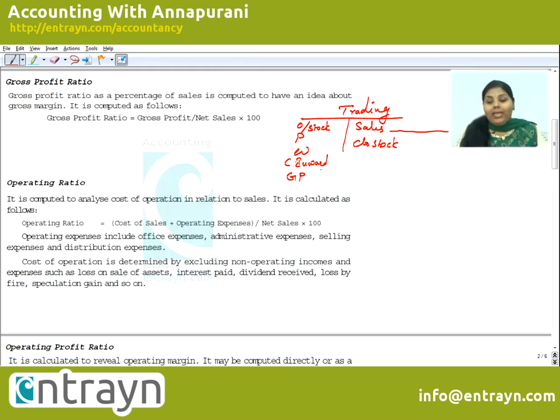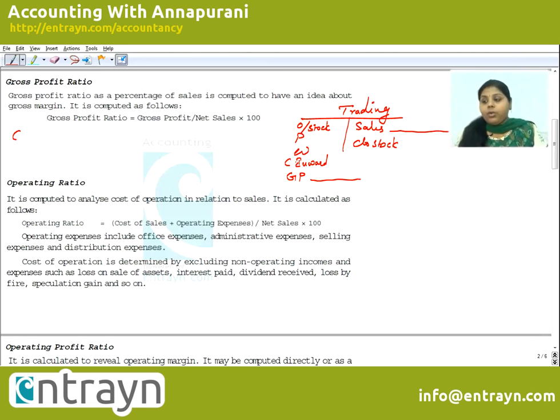The gross profit is that portion of profit that is included in the sale. So it is a margin, a portion of the sales itself, and therefore it is computed as